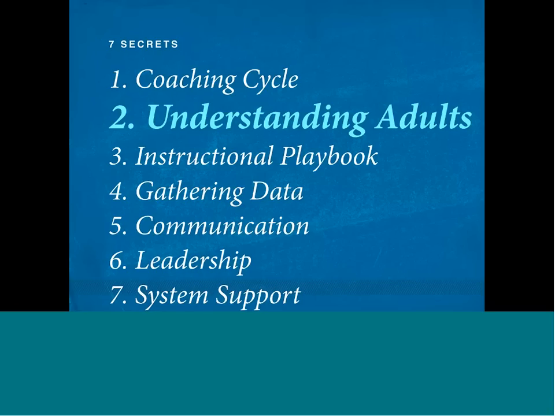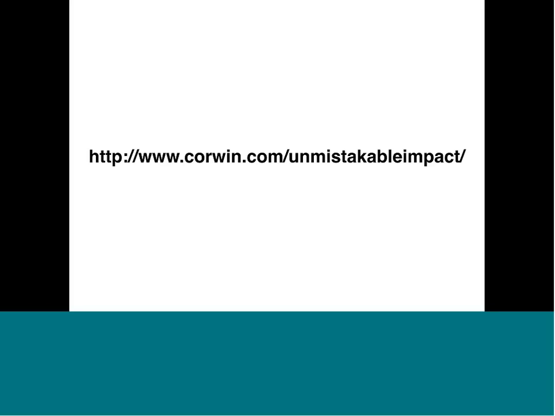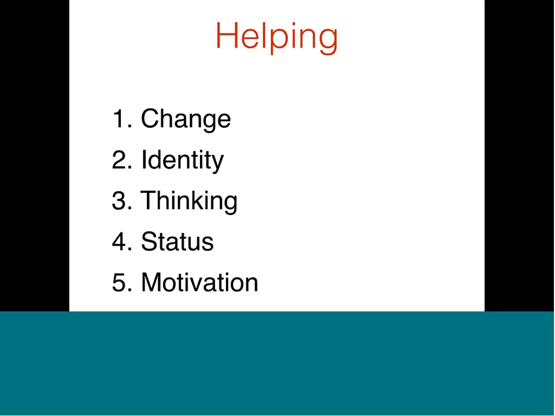So in this book, Unmistakable Impact, I talk about what I mean by partnership principles, and I talk about the complexity of helping. And some of the things I talk about in that book, you can download from this link, and you'll get the slides after this presentation, so you're more than welcome to go there and poke around and see what you can find. But the essence of the matter is that part of understanding adults is to understand the complexity of helping another